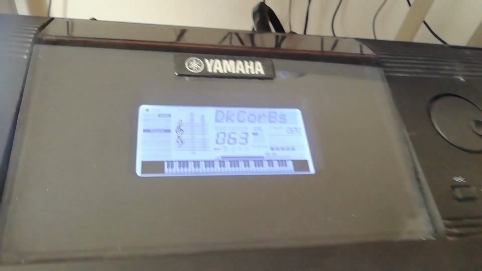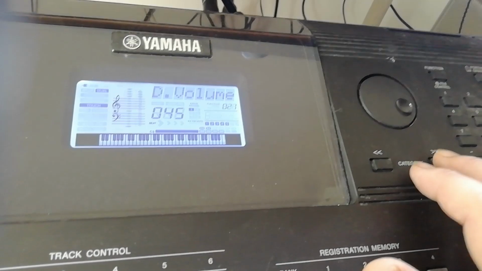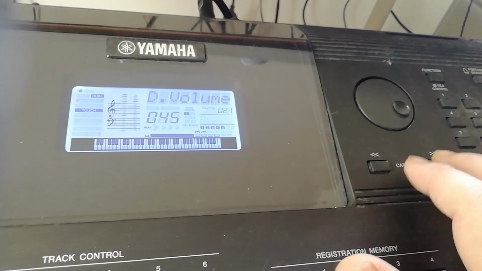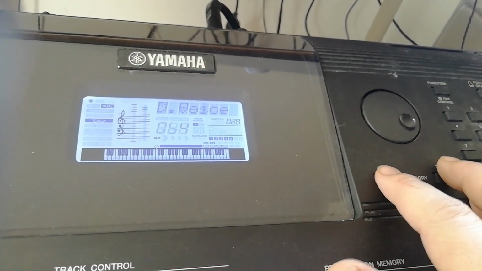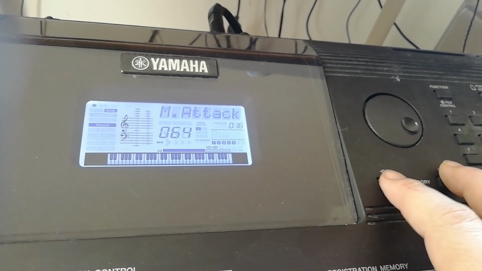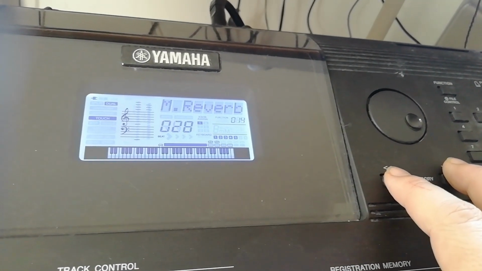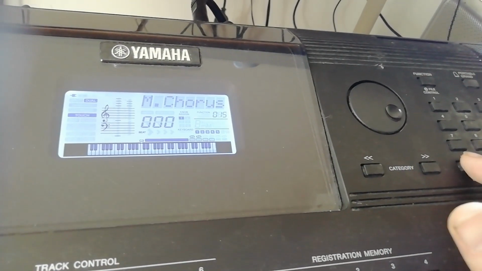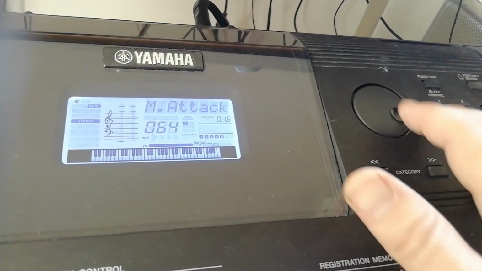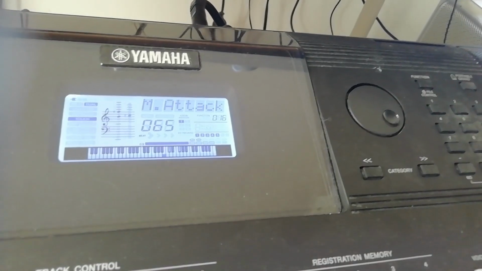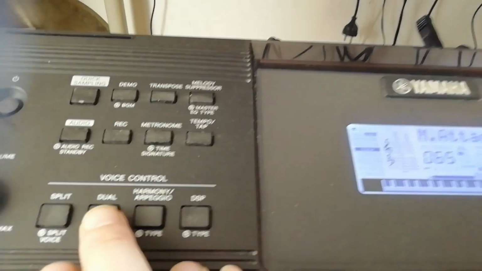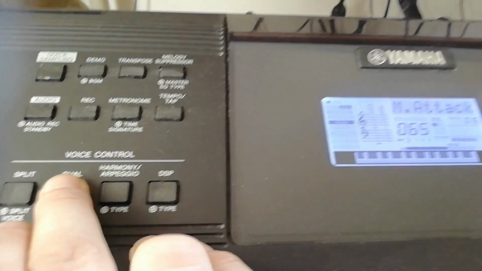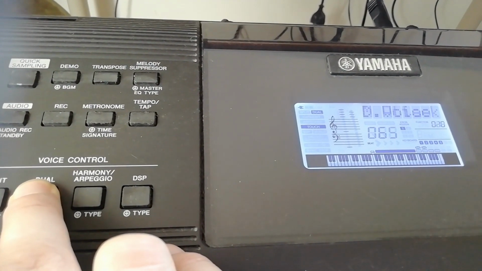From the menu now you can use the category buttons to switch over to parameters that are only applied for the second voice. So let's go again to that menu.